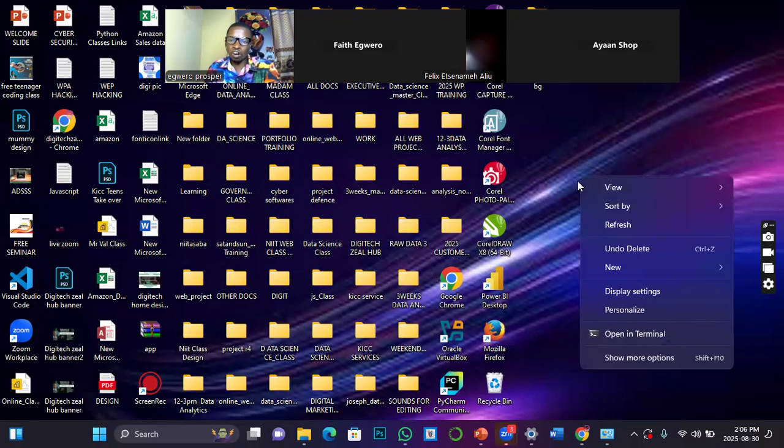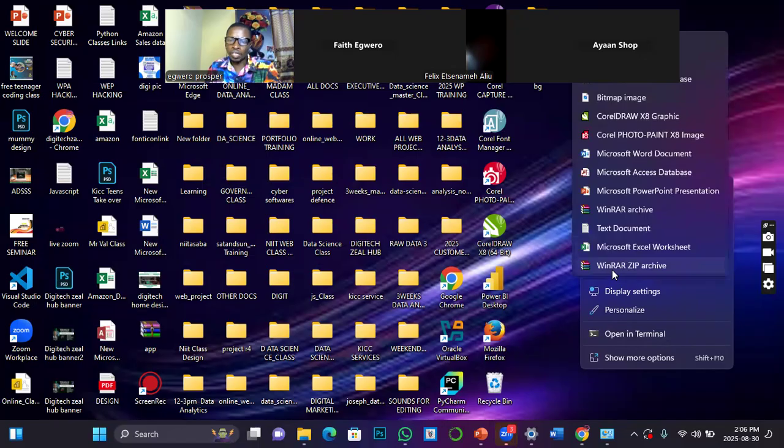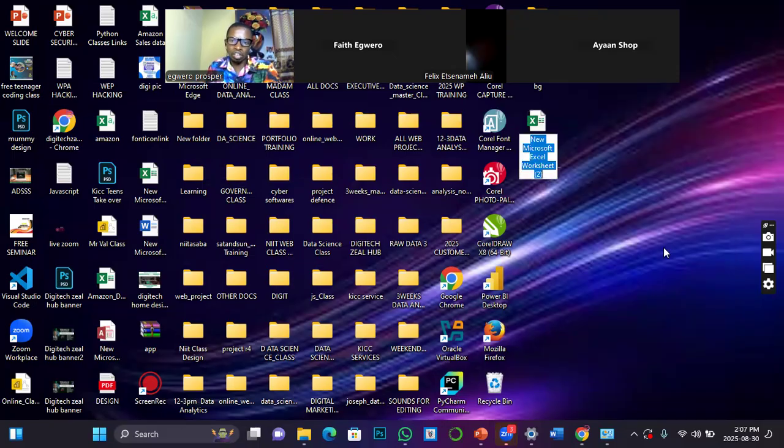So you right click on the interface, make sure that it is an empty space, then navigate to New, and where you have the list of the programs, navigate to Microsoft Excel worksheet and click on it.